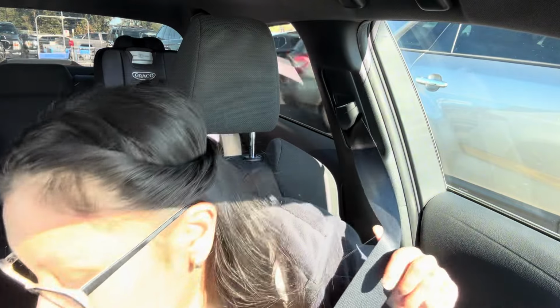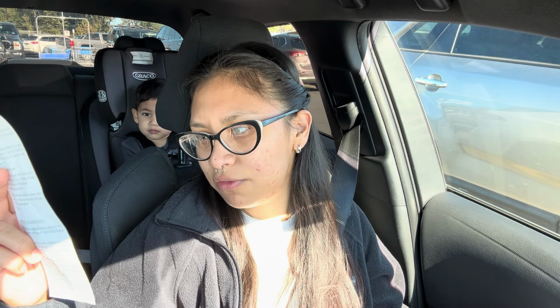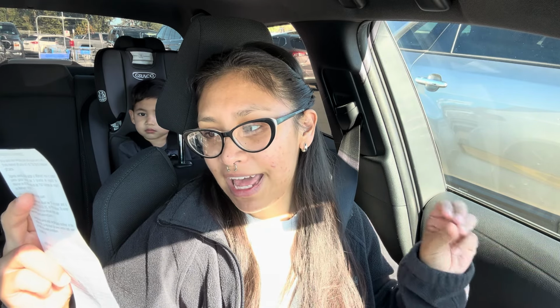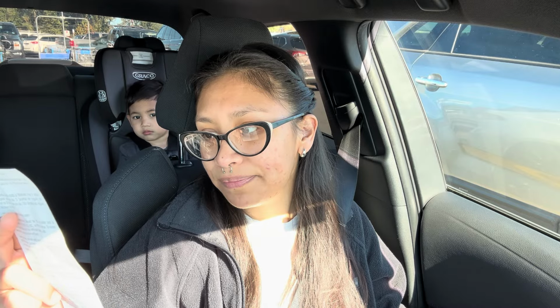All right, so we just got in the car and I did want to tell y'all, with receipt in hand, the price that we paid. Before taxes it was $42.89. So I bought the three pajamas at $9.98 each. The gloves were $2.98 and then my socks were $9.97. So I mean, decent prices for everything, I feel,